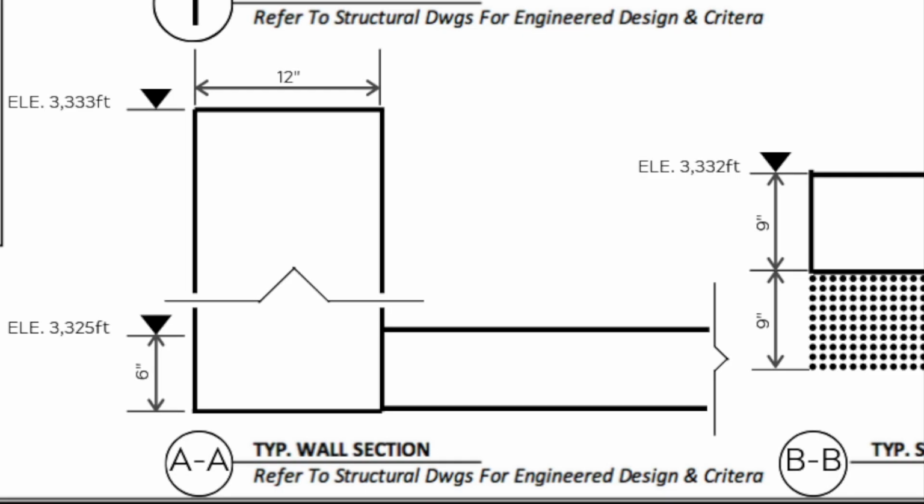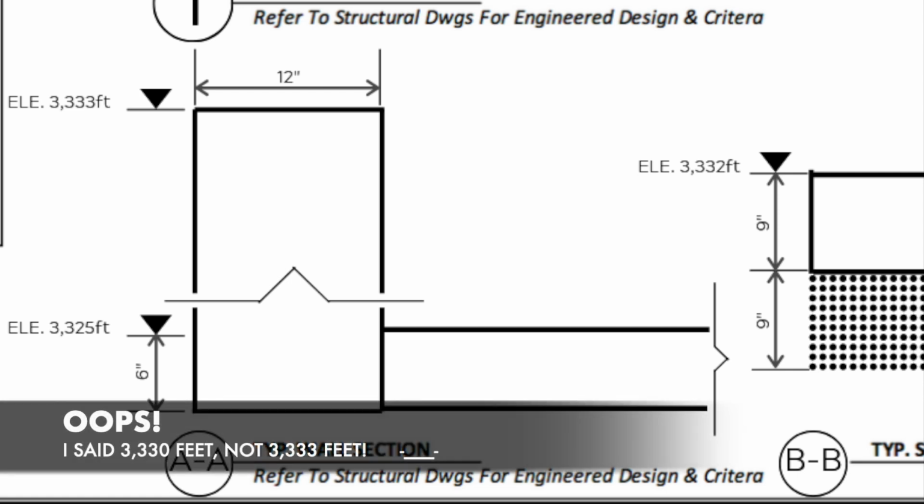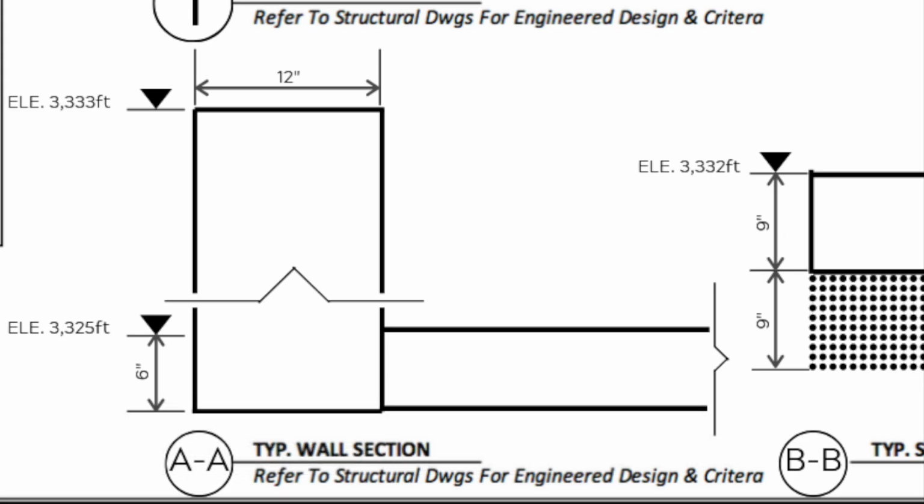Section cut AA is labeled as typical wall section for the foundation. This is what the foundation looks like when slicing out a section of it, like we spoke about with the piece of cake. The top of the foundation will sit at 3,330 feet above sea level, which is of course an elevation of 0 feet. The bottom of the foundation will sit at an elevation of 3,325 feet, meaning the foundation is expected to be 8 feet tall, which is of course what we get when we subtract